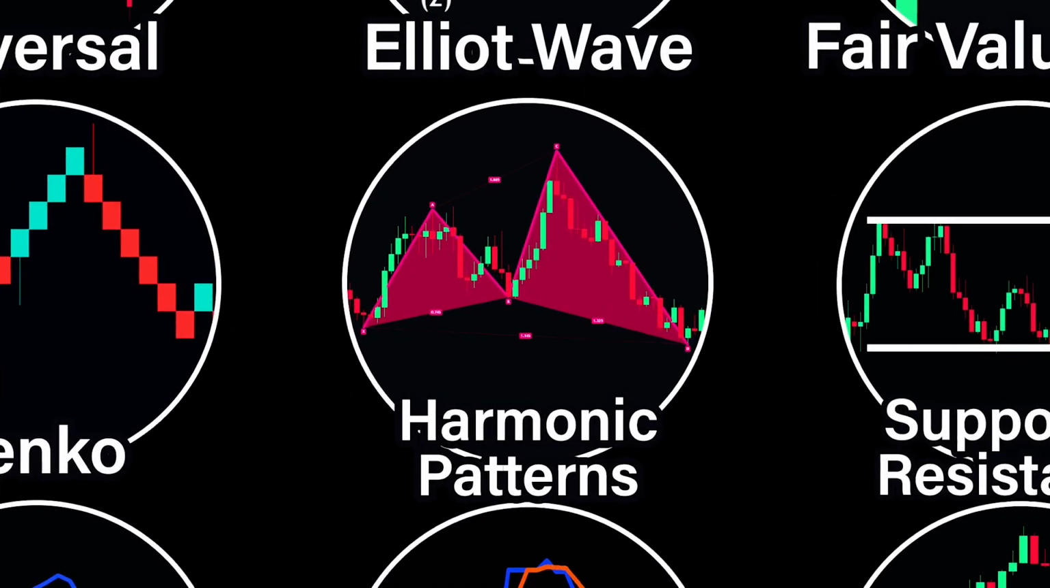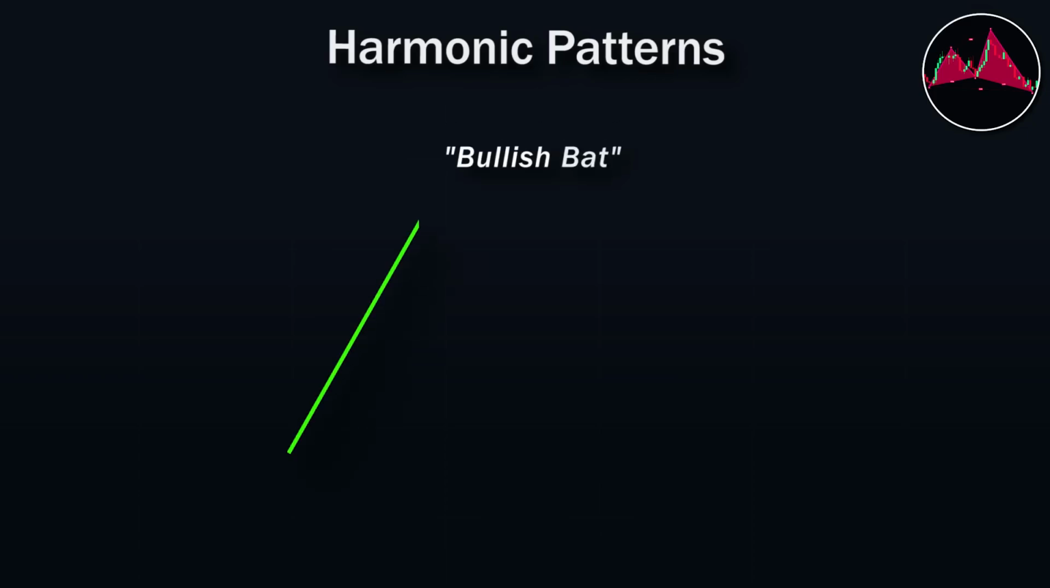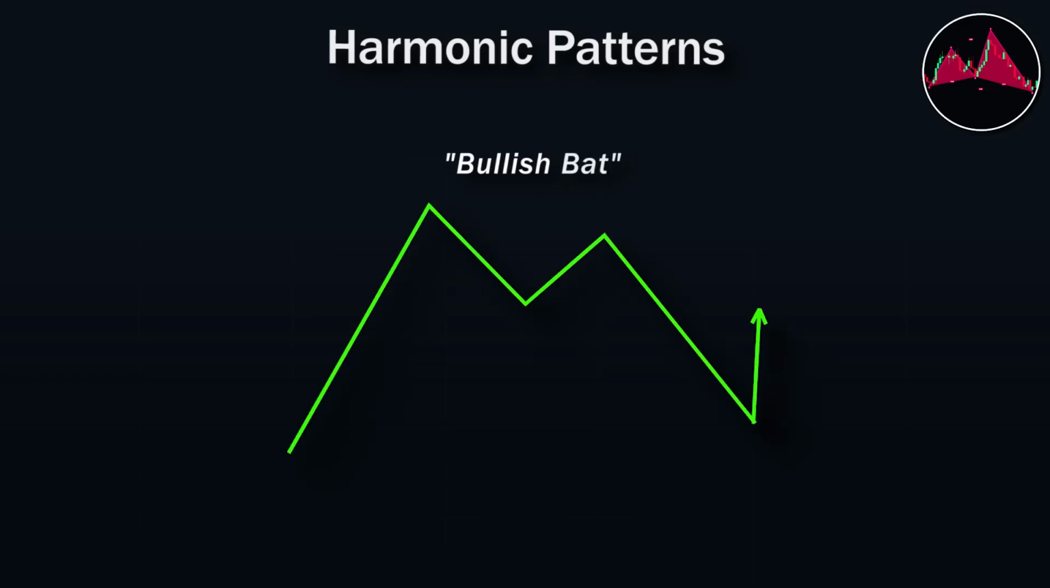Harmonic patterns. These are advanced price patterns that follow a specific shape based on Fibonacci numbers. Traders can then use these specific shapes to predict future price movements. For example, a bullish bat pattern is formed when price makes a series of 4 movements that is shaped like the letter M. Each point can be labeled as X, A, B, C, and D, and each of these points